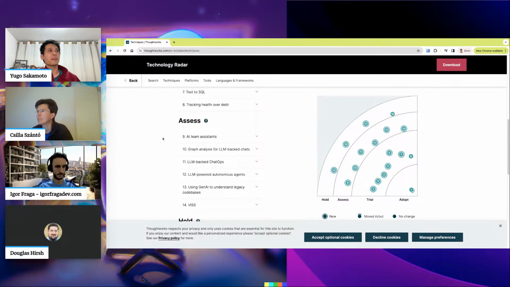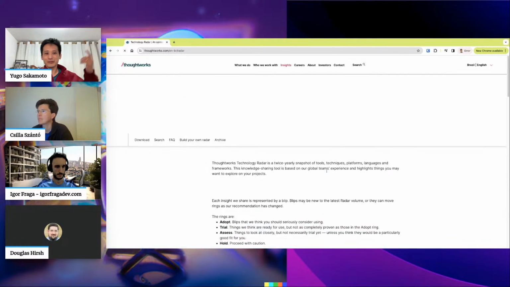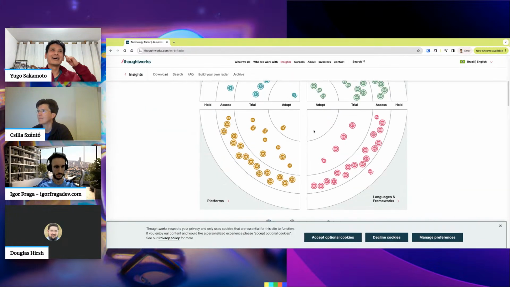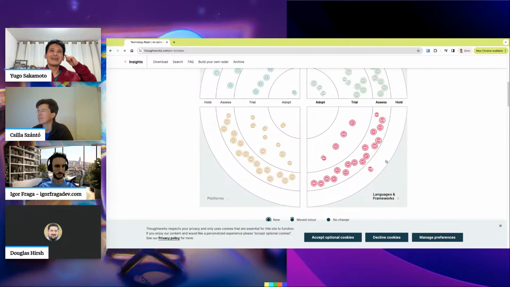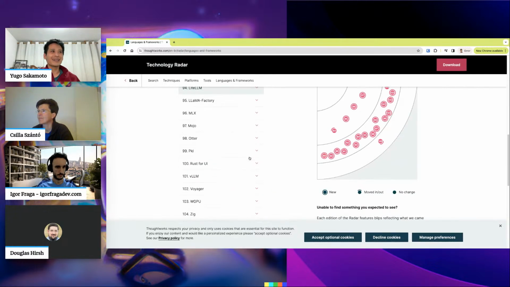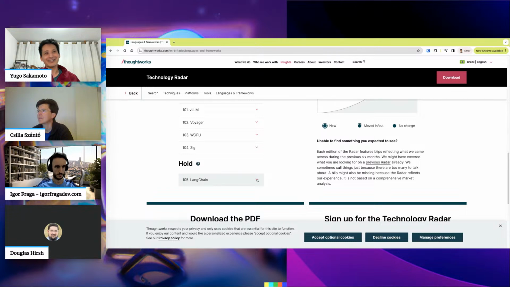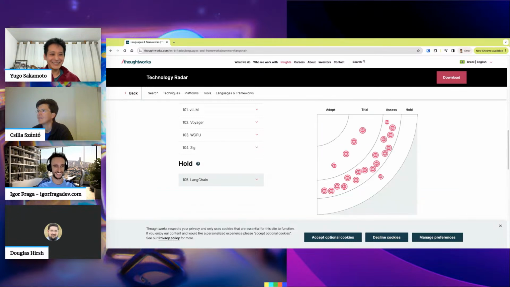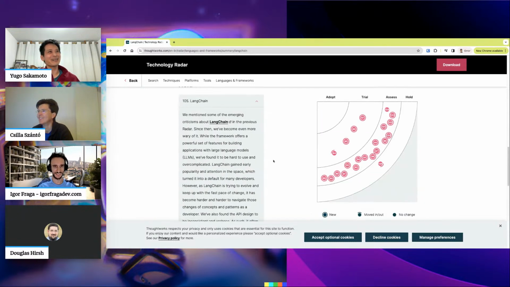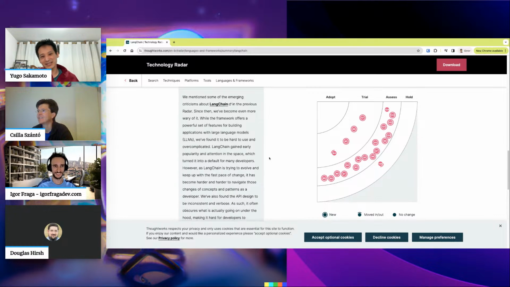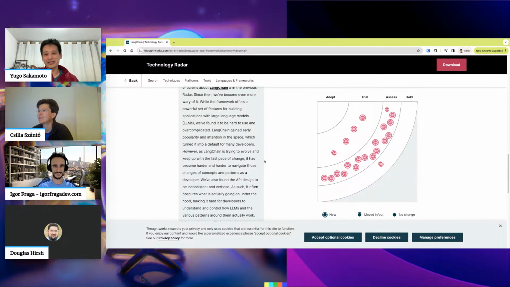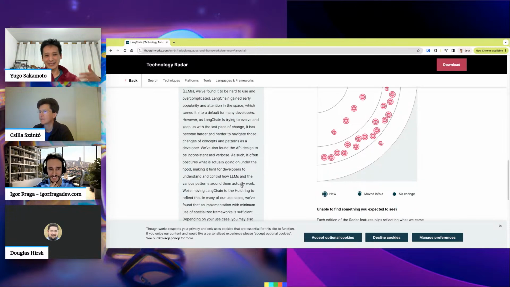And one really interesting thing I came across is regarding languages and frameworks. If we go here to the code, I found LangChain here. Oh, really? I was having so much fun here. What happens? Some of them are really concerned regarding the API definition, standardization, and so on.